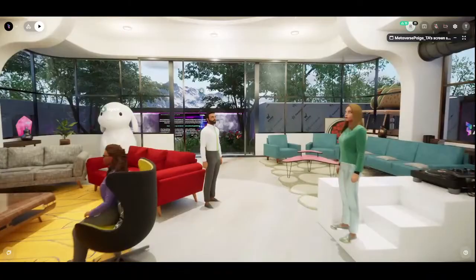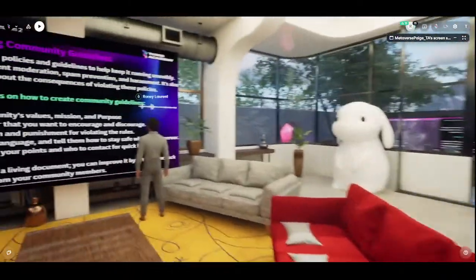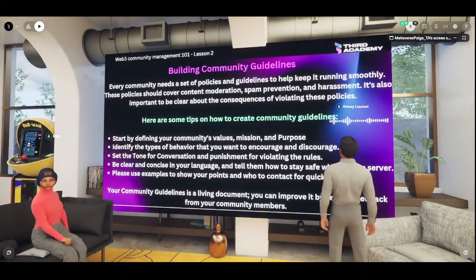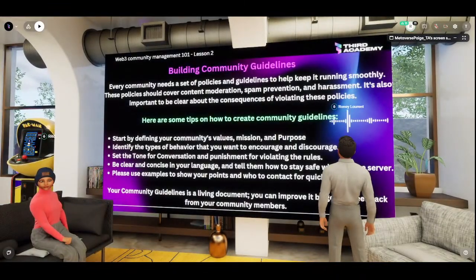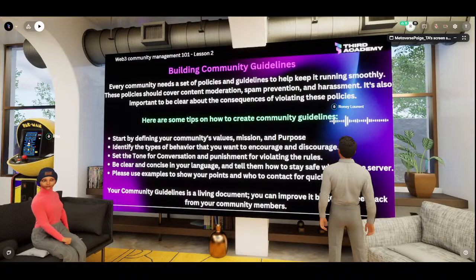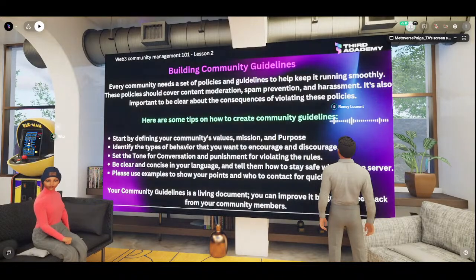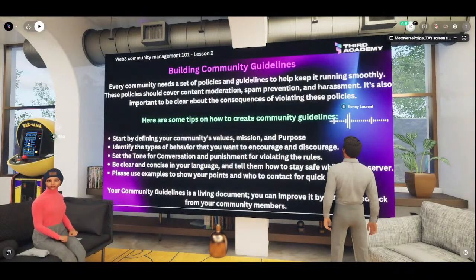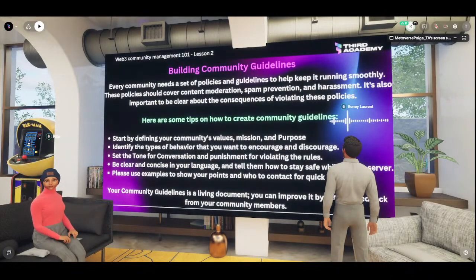When you're creating your community guideline, make sure your policy covers everything from content moderation to how to prevent spam to harassment, right? And you also want to be clear about the consequences for violating these principles, right?